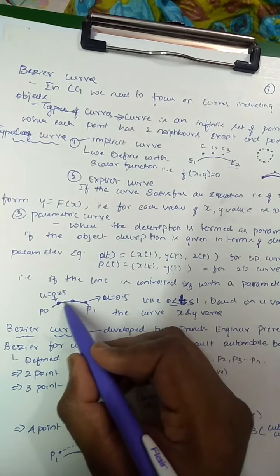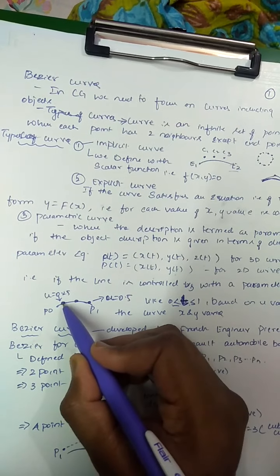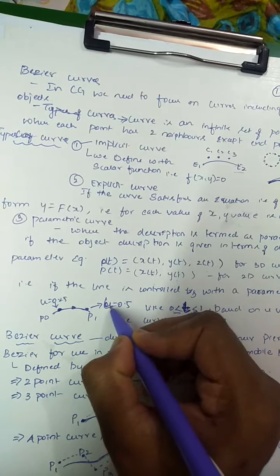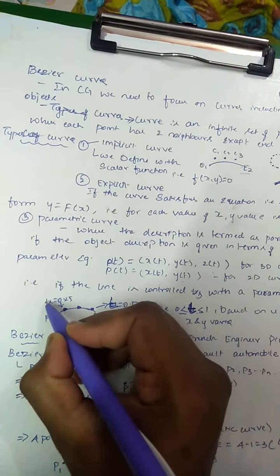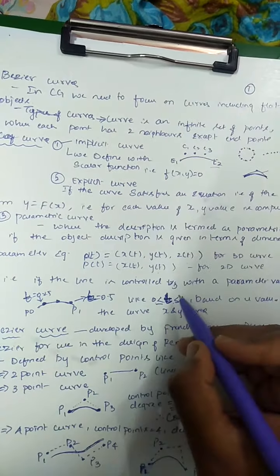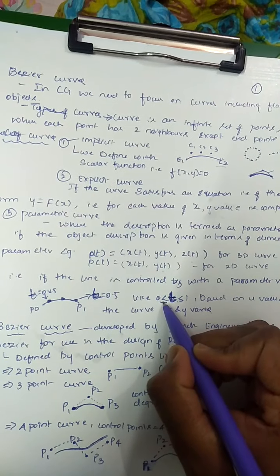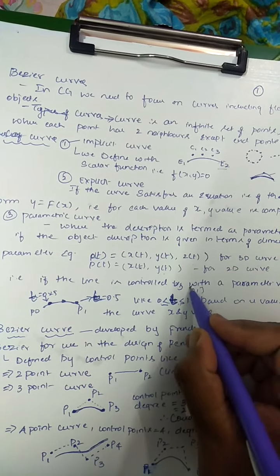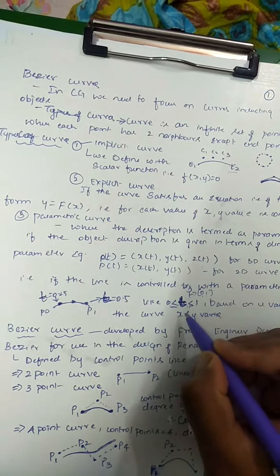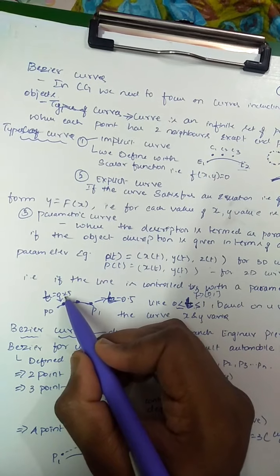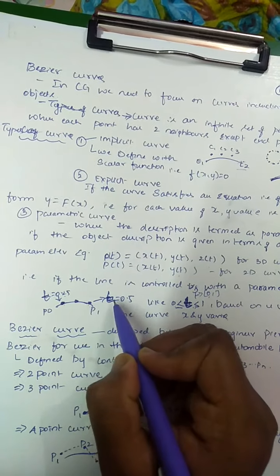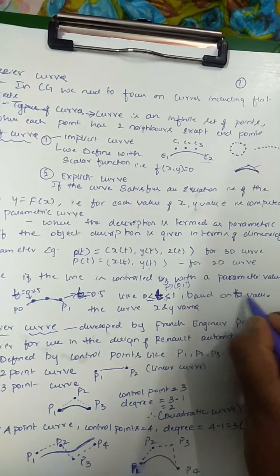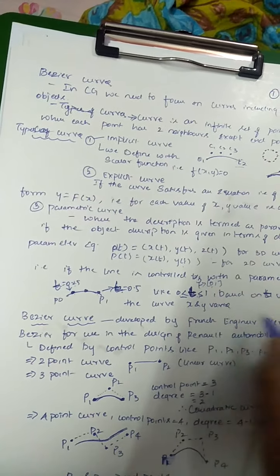So consider a curve. If there are three control points here, I can take this as t. So this t value should be greater than or equal to 0 and it should be less than 1. So it should fall in the range 0 to 1. So here my t value could be 0.25 and here the t value could be 0.5. So based on the value of t, the curve's x and y value varies.